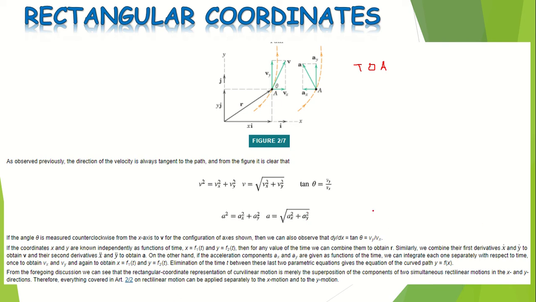Okay, so if the angle is measured counterclockwise, what does counterclockwise mean? The clock turns to the right. When you speak of counterclockwise, it means it goes in this direction, so this is counterclockwise. So if the angle is measured counterclockwise from the x-axis to v, meaning from here to v, something like this,